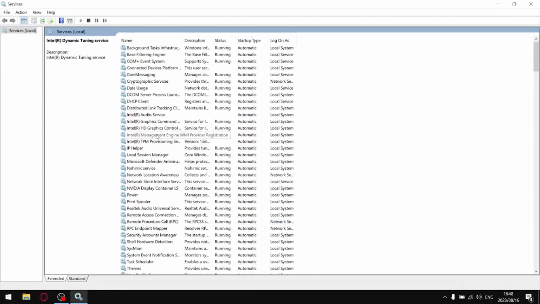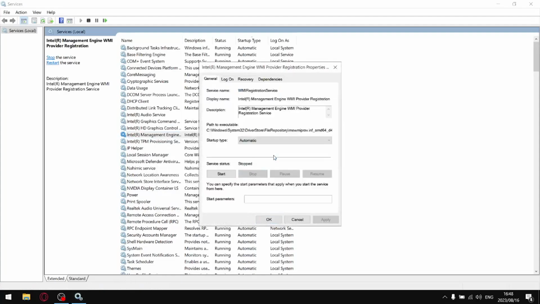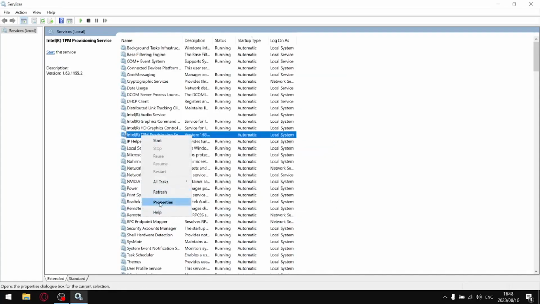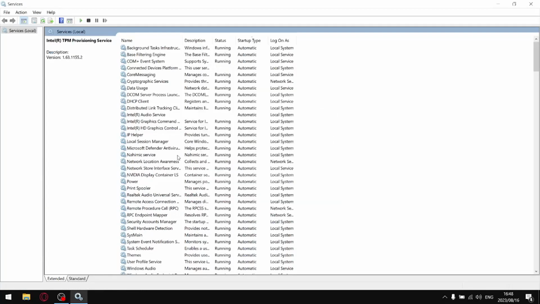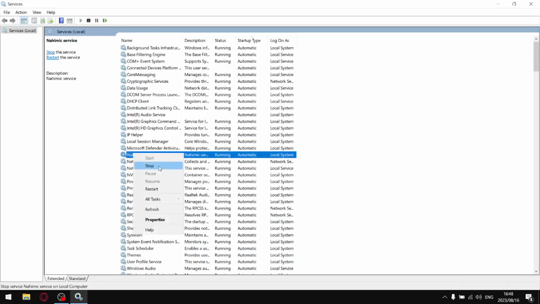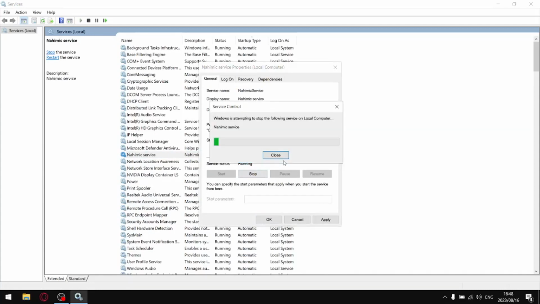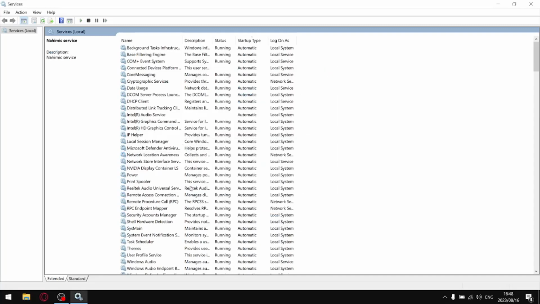Okay, Intel ARM management engine, you can go to properties, stop, and then disabled. And then Intel TPM provision, just go to properties and disable it. Okay, Nahimic, you can go to properties, automatic disabled, and then just stop that process. So what you're going to find is once you restart Windows, you're going to have a whole bunch of less